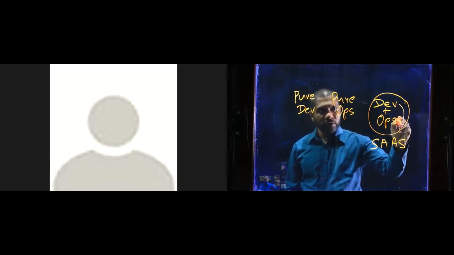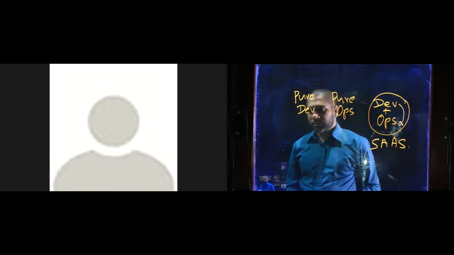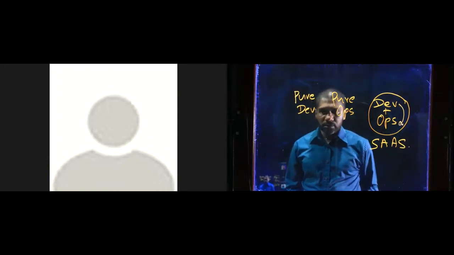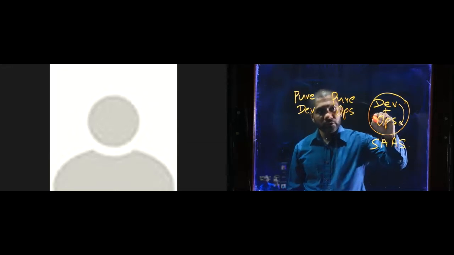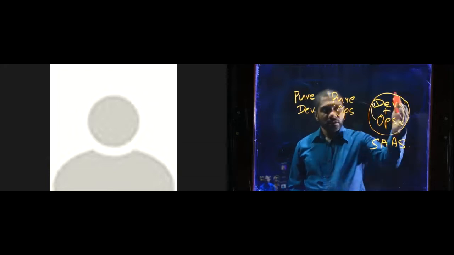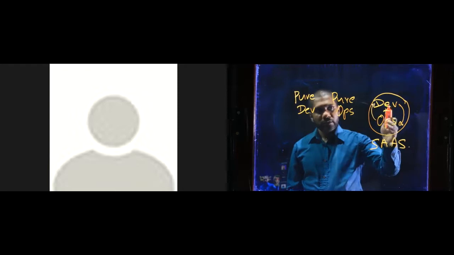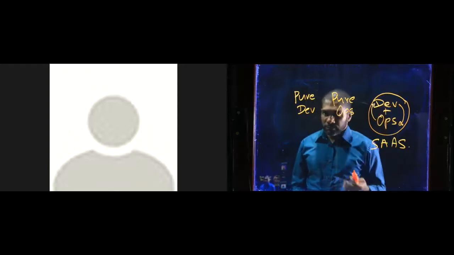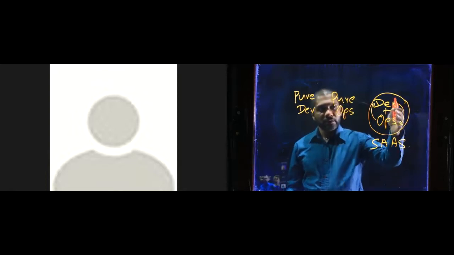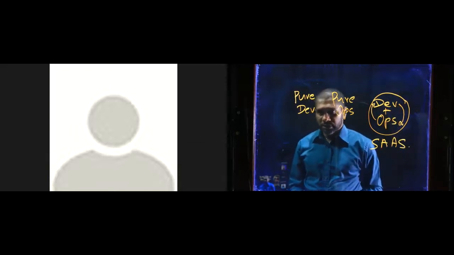Once you put things in operation, you might encounter certain bugs, and the operations people will inform your development team about those bugs. They may make bug fixes and push back to operations. The development team may develop new features as the requirements grow, as your customer base grows, and in turn push to production, where the operation team takes care of it.